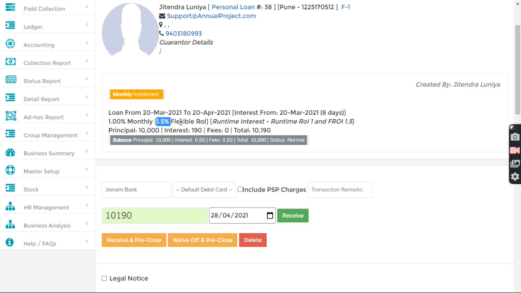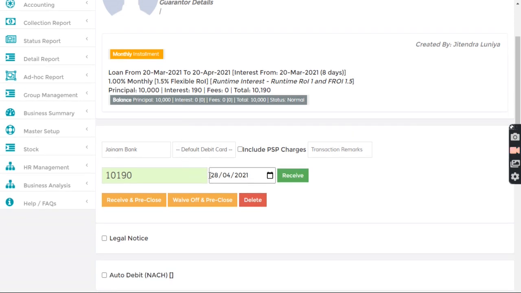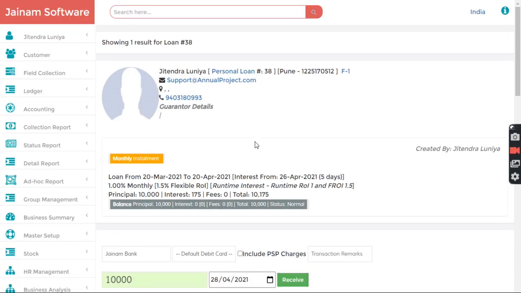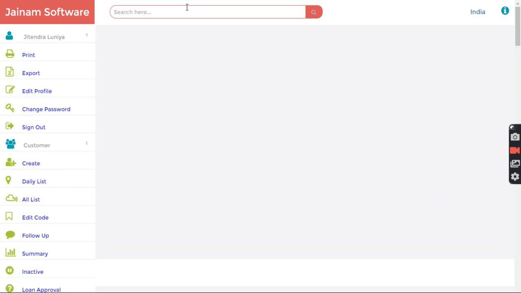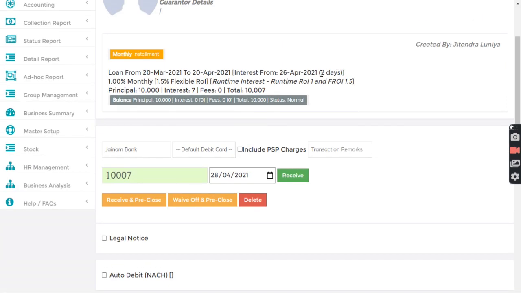Here 1.5% is used for calculation. It was supposed to be paid on 20th April, but it is 5 days delayed, so it is calculating 1.5%. Now I received this interest on 25th. If I search on 38, whatever number of days, it will not calculate on this, it will calculate on 1% only.